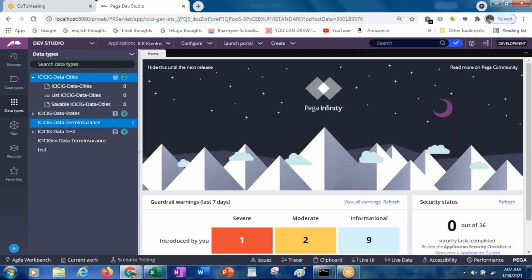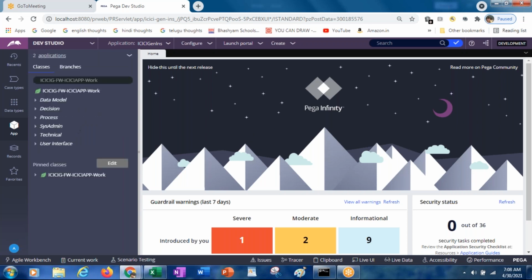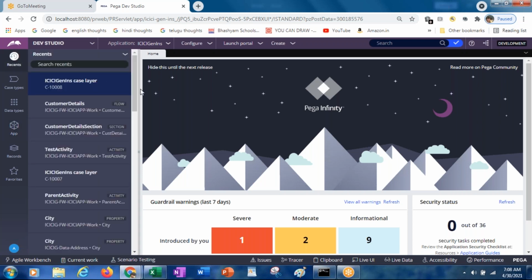So for that, what will we do now? We need to modify the existing report definitions. How exactly do we need to modify? Right now for the cities, what is the report definition we have?